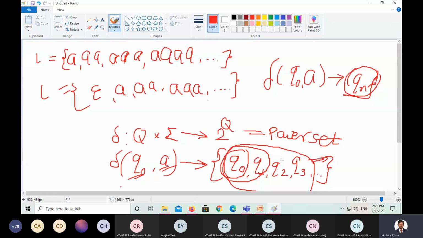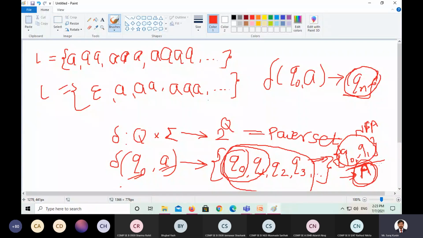Now such states create a new state. So let's say it is Q naught comma Q1. Then what I have to do is rename it as A. So state A is there. What is this A? It is Q naught and Q1. So this is NFA. It will have more than one next state. What are those states? Q naught and Q1. To read it simply, I have replaced Q naught comma Q1 with A. So this is renaming, and this is the new state.